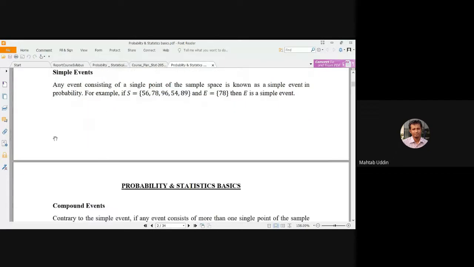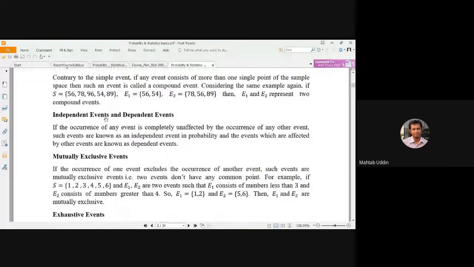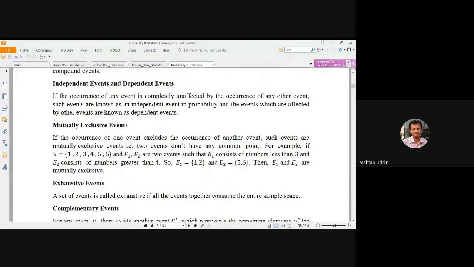There are some more events, simple events, compound events, independent event, dependent event, এগুলো এখানে দেওয়া আছে, তোমরা এগুলো নিজে দেখবা। যদি কোনো প্রবলেম ফেস করো অবশ্যই পড়ার সময় আমাকে বলবা। What is the mutual exclusive event? Can you tell me what is the mutual exclusive event? When some events will not occur at the same time, never can occur at the same time, it's mutually exclusive. কখনোই দুটো একসাথে ঘটবে না।